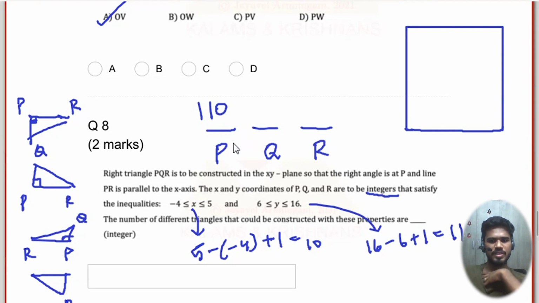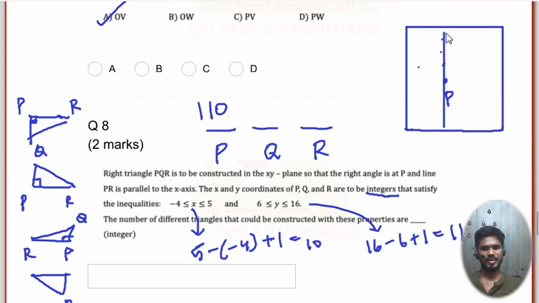Now, having chosen P, how many possibilities does Q have? You chose P. That's an integer point. Other than that, P is this, Q is this, a vertical right triangle, right? Q can be here, here, here, here. Any other point, any Y other than P's value. Now, Q is not 90. Once P is chosen, you cannot choose Q over here. Q needs to be chosen along the vertical line. Along the vertical line, there are 11 spots. P already occupied 1. What is left is 10.